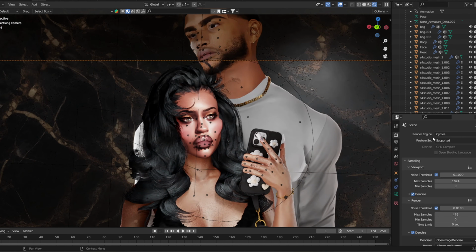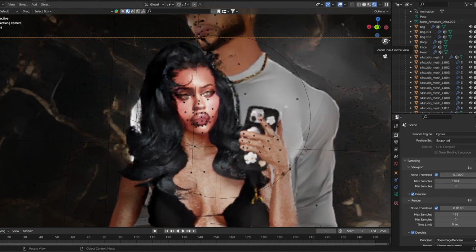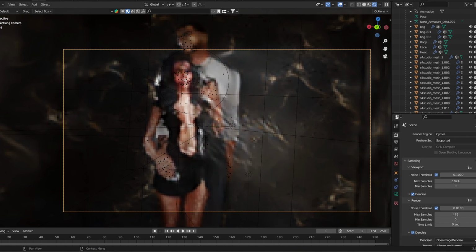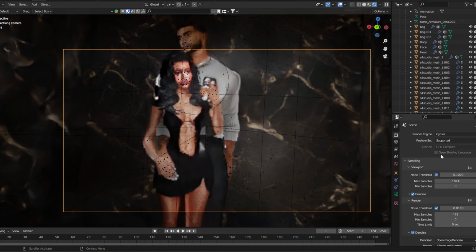It depends on your computer, the type of computer you own. If you think it's gonna be able to handle it, you can select GPU, or if you have a CPU, you can select CPU. This is my Mac Simple,